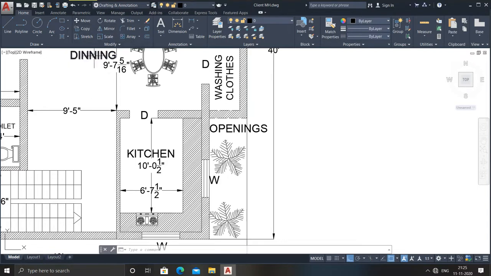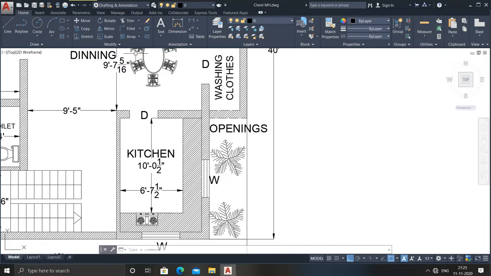If you want the ribbon to appear, you need to go for the control 0, or you can simply write ribbon, and the ribbon bar will appear. So what is the reason behind hiding the ribbon? It is so I can do my work in full screen and very efficiently, so I have done it like this.